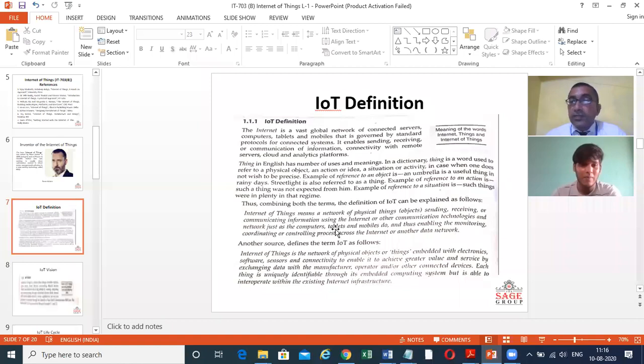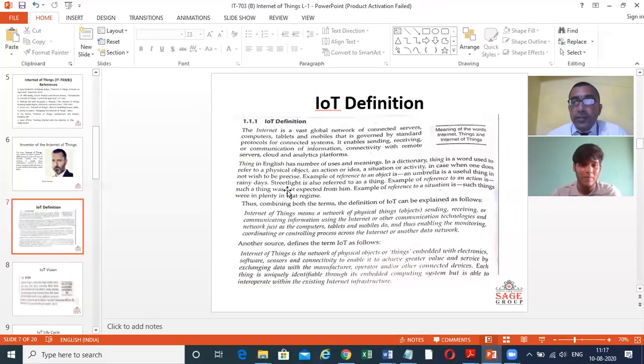What is the functioning of the internet? It enables sending, receiving, communication of information, connectivity with remote server, cloud, and analytics platform. So this was about the